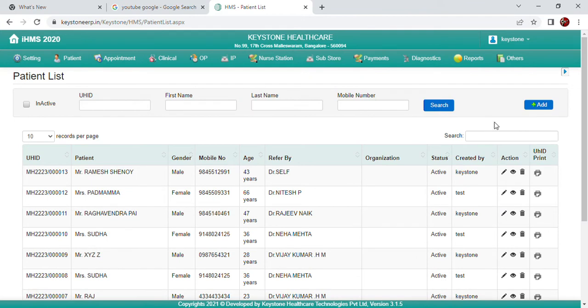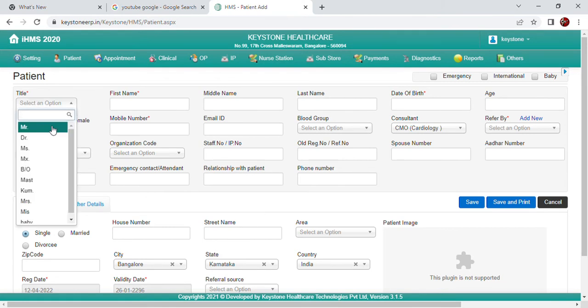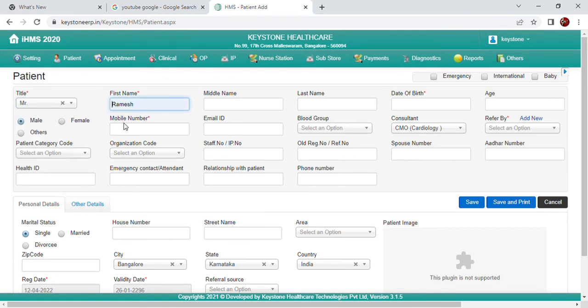So here now we are basically looking at adding a patient. So I just click on add patient. Now when the add patient is loaded, you notice there is a red color dot here to tell the user that these are all the required fields. So I say select Mr. and I enter the name of the patient, its middle name, first name and last name,